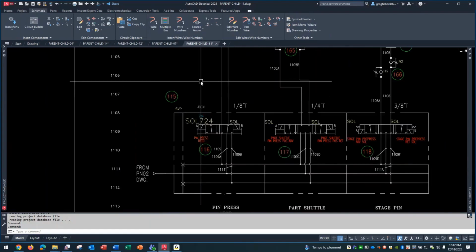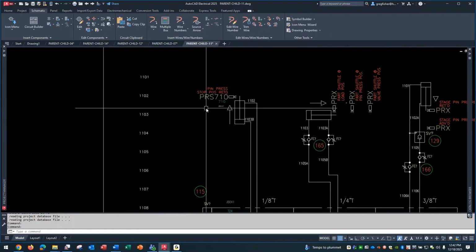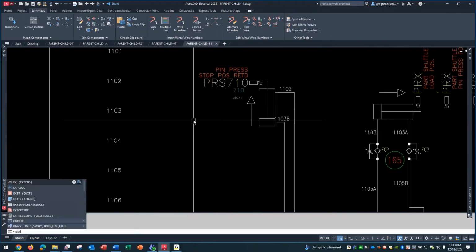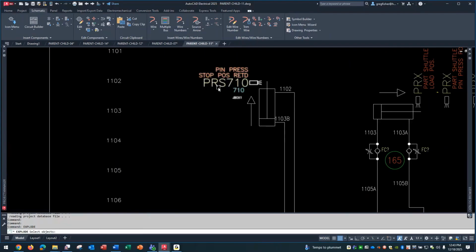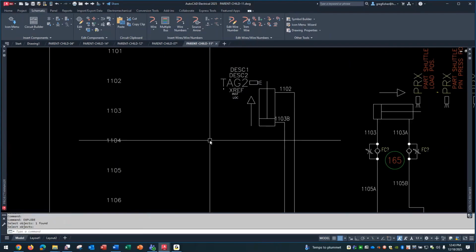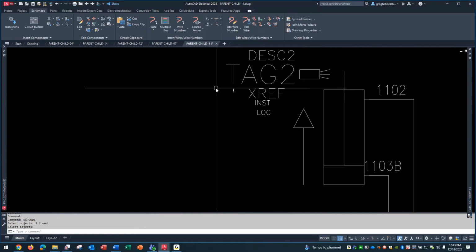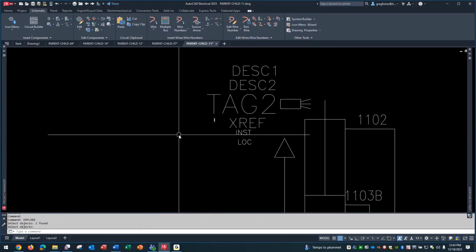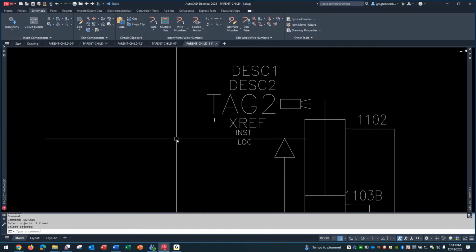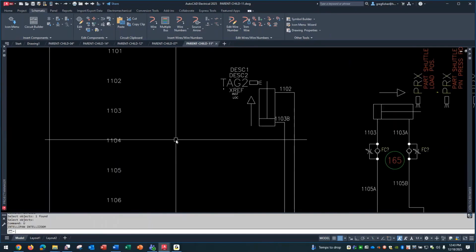And if I take a look at these symbols, I'll start with the PROC one. When I created this, you go through the symbol builder like I just did with the drive. The category is there as far as the table, but you're used to a lot of these attributes already. You got the tag, you got descriptions, you got your cross-reference, installation, location. If you're proficient at making all that stuff,